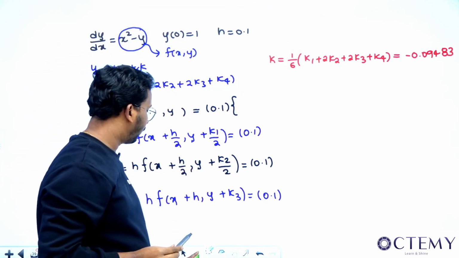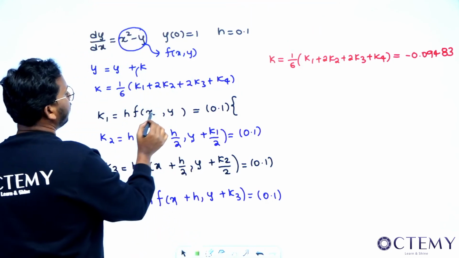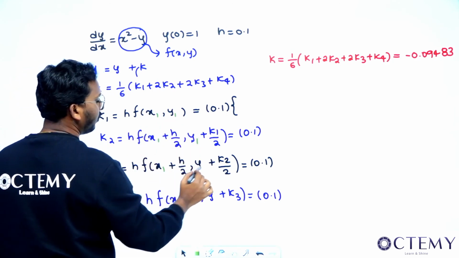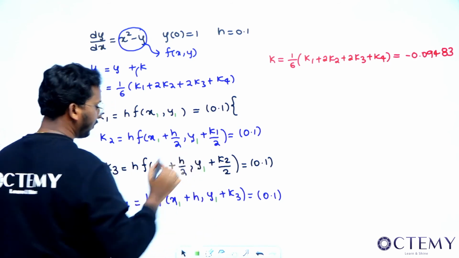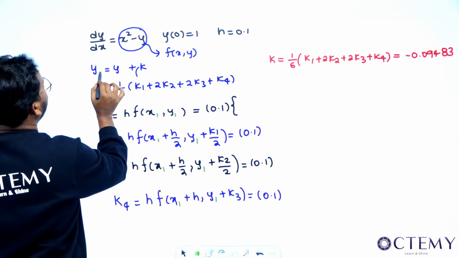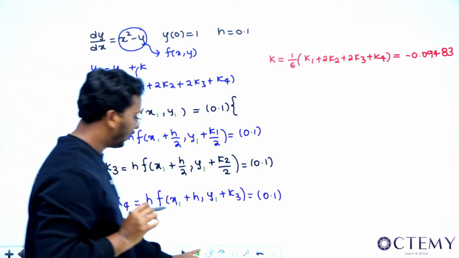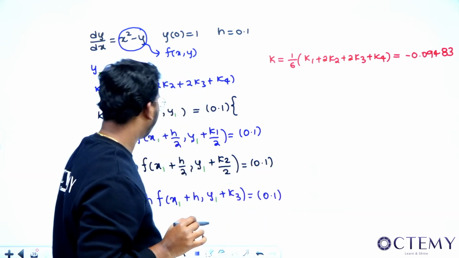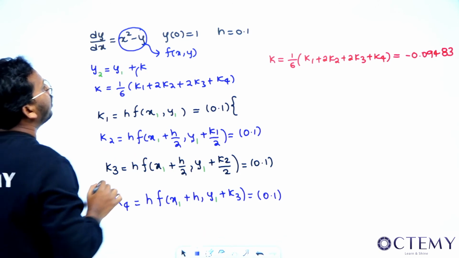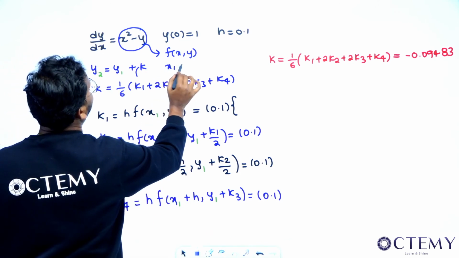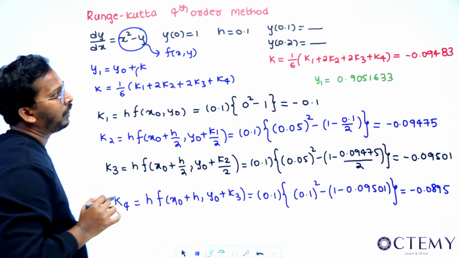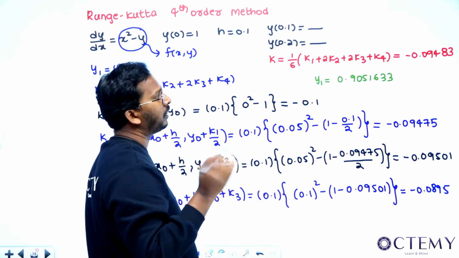So see, if you are trying to find y2, what are the changes? This is 1 1 and this is 1 1. Remaining all are same. So see sir, these formulas will somehow remain the same. This will become y2 and this will become y1. So if I substitute this, what am I going to get? H is this f of x1 y1. What is x1 now, sir? The x1 now is basically 0.1, and y1 is what we got, 0.9051.